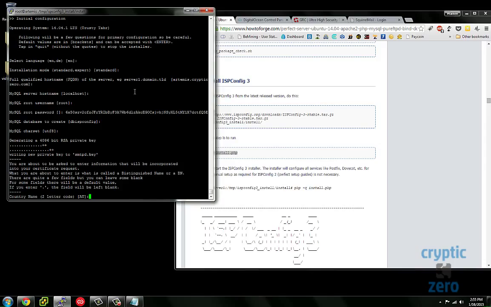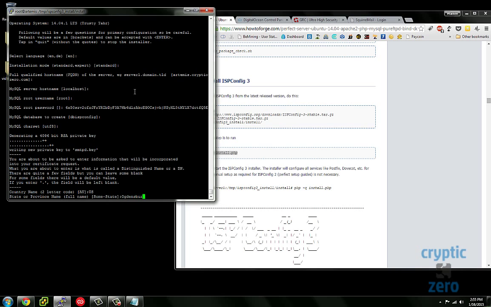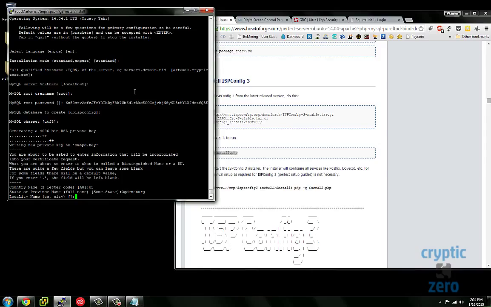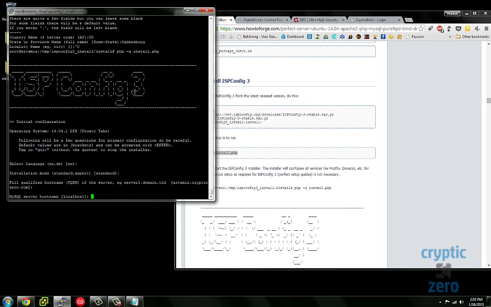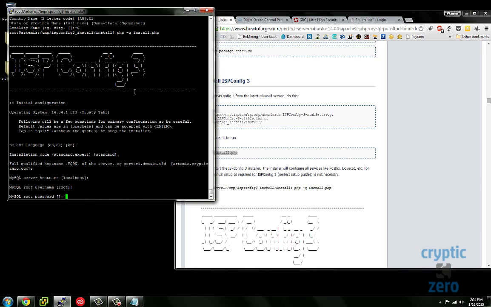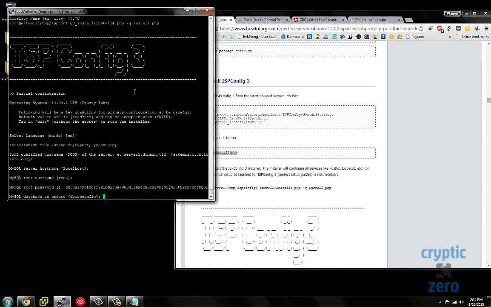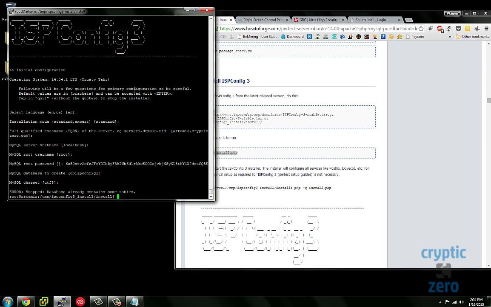So in this case, okay, sorry. In this case, I'm going to do US, Ogdensburg. Oh, and I just messed up. Let me cancel out of that. Do the install again. Sorry. English standard. That's right. Localhost, root, password, dbispconfig utf-8. Database already contains tables, and so what that means is I'm going to have to go and actually